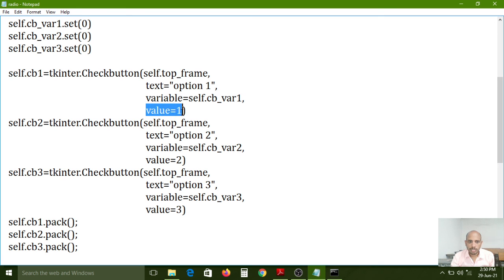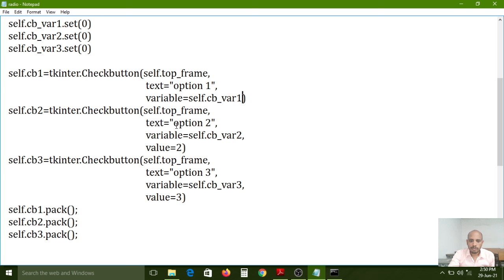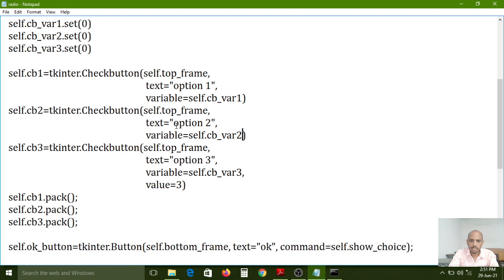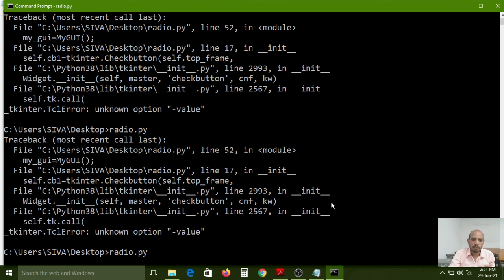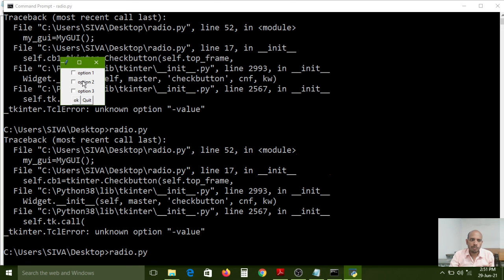I think value is not required here, so that is the main problem. Now I am removing this one, and here also value is not required. Now I am saving this one and executing one more time. So it is showing output now.